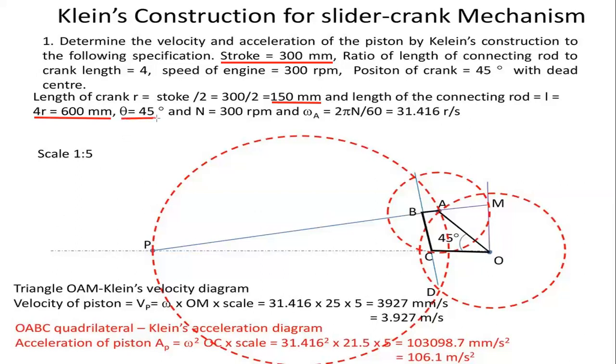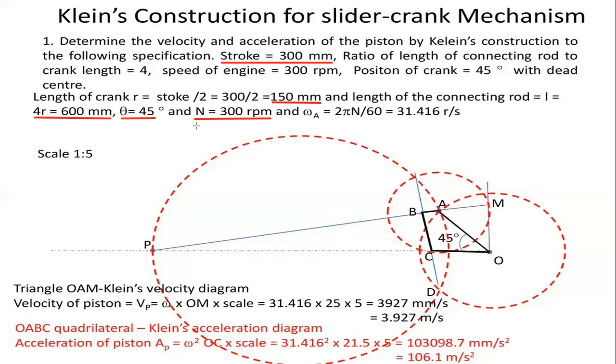Theta is equal to 45 degrees and speed n is equal to 300 rpm. So this is the given data,